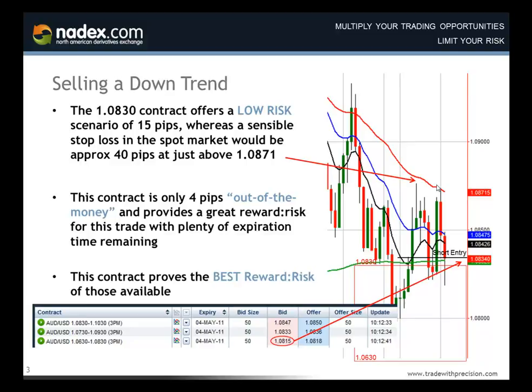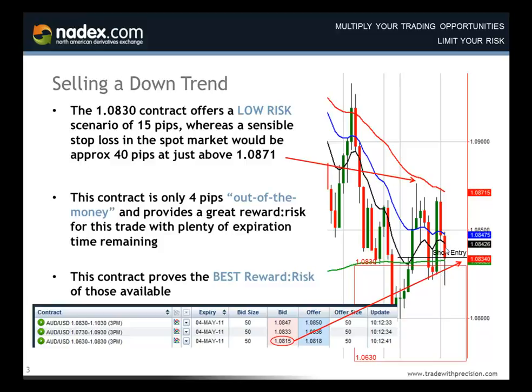You can see the floor ceiling limits of the contract that I've drawn in here on the price chart with this red box just to illustrate the floor ceiling limits on the contract. We're looking for an entry close to the ceiling on this trade, which gives us a significant advantage over trading the spot market. The reasons we're getting such a great reward to risk is because we're right at the ceiling